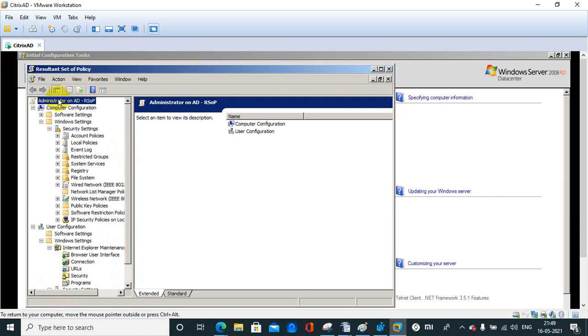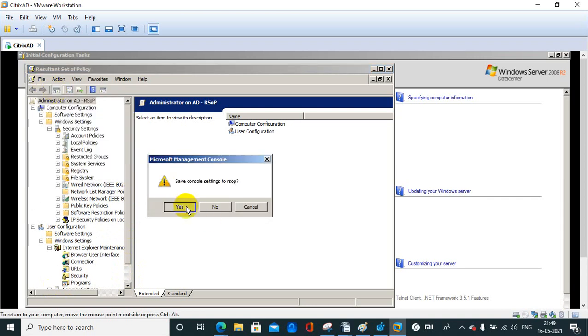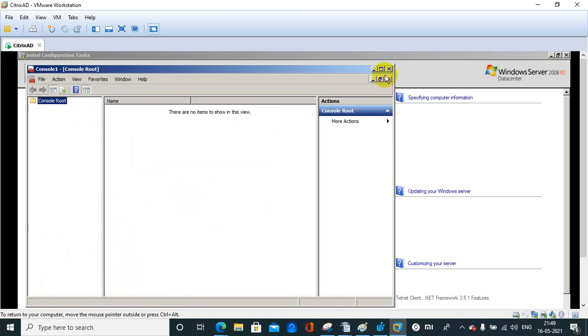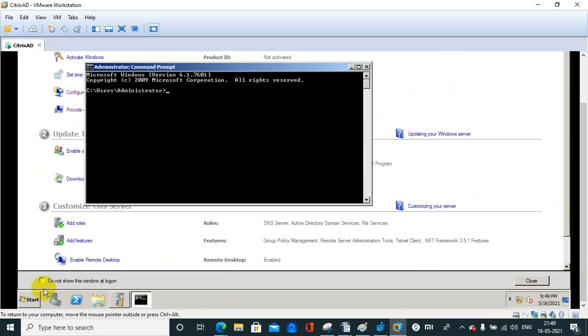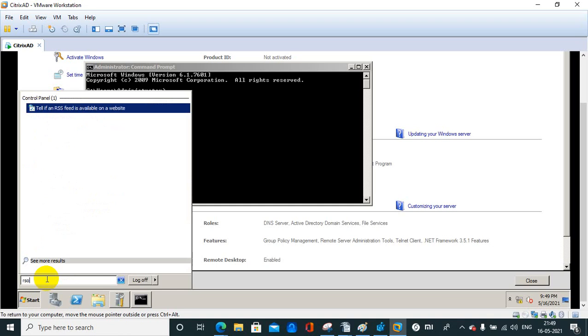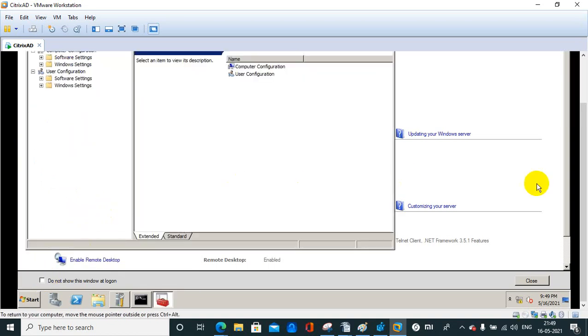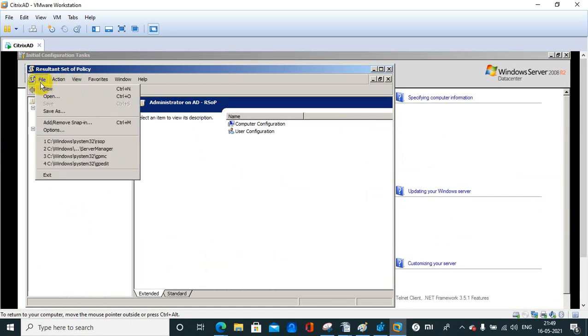Suppose for a particular user you want to search, go to here, new, because it's directly running for RSOP, resulted set of policies. Now you can check which user this is running for.